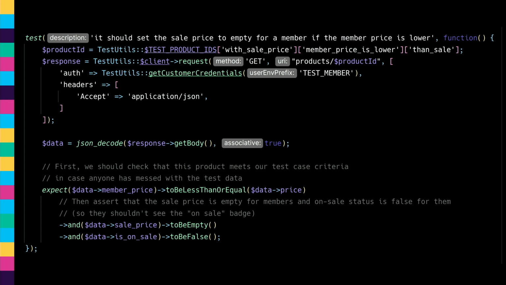The code of this will be available. I was able to reuse a lot of my unit test code and the same test cases, the same tooling. So this is all Pest as well, just instead of mocks, it calls a REST API. I had to set up a bunch of products that met the criteria, and that's why I have extra assertions in there, so that if anyone messes with my test data, my test will then fail. Because you could easily get a lot of false positives if, by coincidence, the data met a test case that isn't actually right,